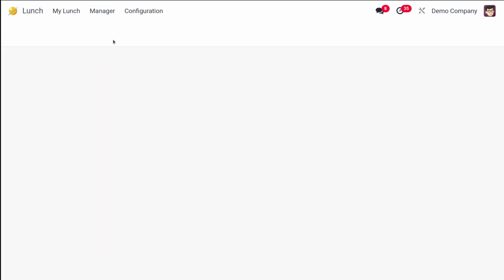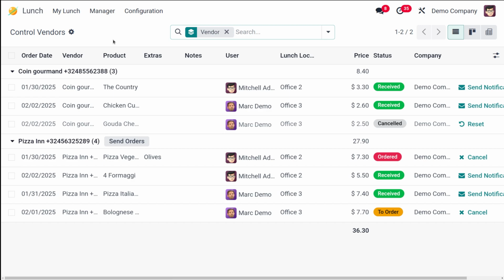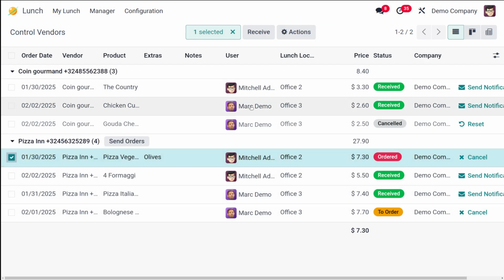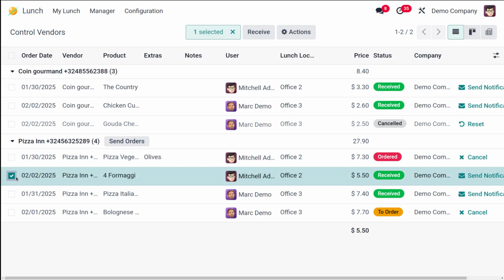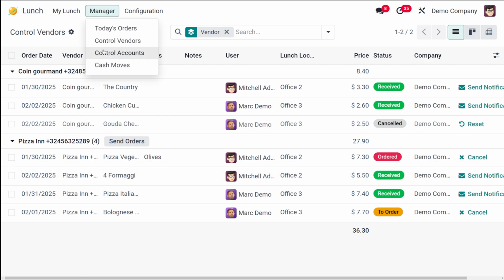Then you have the option to control vendors for managers. Each vendor's orders can be seen based on the different vendors. So you can control the orders based on the vendors from here. You can check this, you can receive it from here, and you can cancel it from here. All those things can be done easily based on the vendors for the manager.